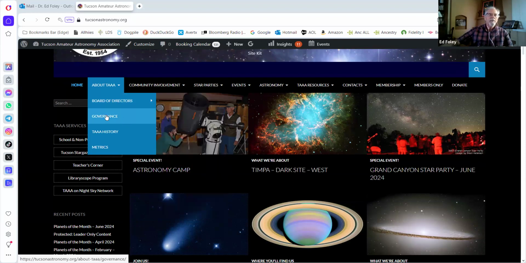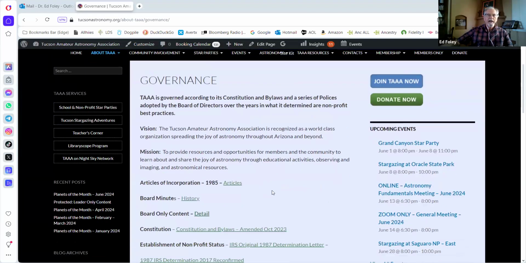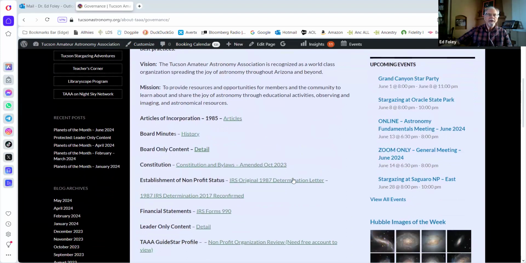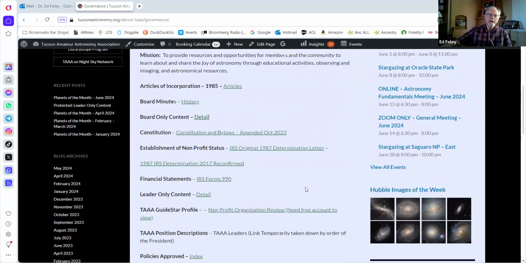There is an important page that is called Governance. It is important because it has a list of subpages that have the governing documents, the founding documents, the policy documents of the organization, fundamental type of information about how we run the organization. You can see our articles of incorporation are shown here. Board minutes you can click to get to historic minutes. There is a link for board members only for their content, our Constitution,